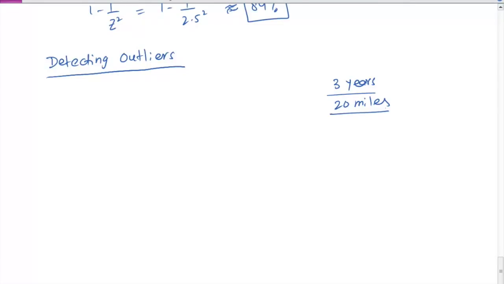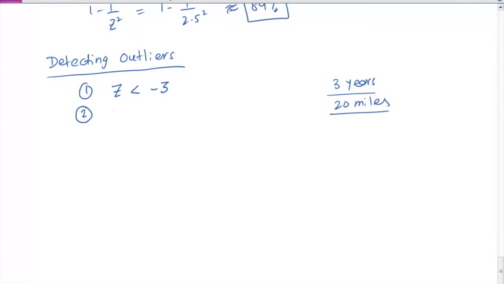If you include such data points in your analysis, sometimes you may not be able to get proper estimates, or you may not be able to do a proper analysis if there are a lot of errors like this. Some simple things one can look at is if z is less than negative 3. So if you calculate z values and you find the values are less than negative 3, that is an indication that the data point is unusually small, like 20 miles in 3 years. So that is a very, very small data point.